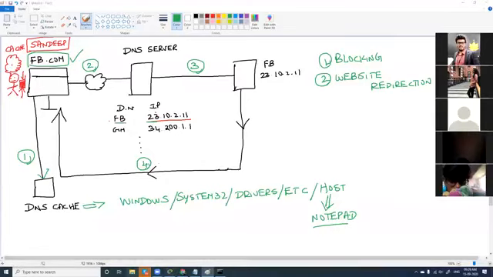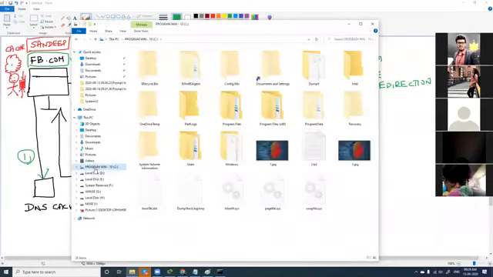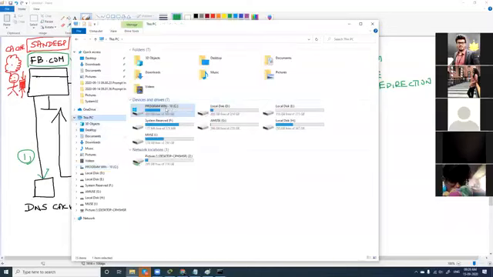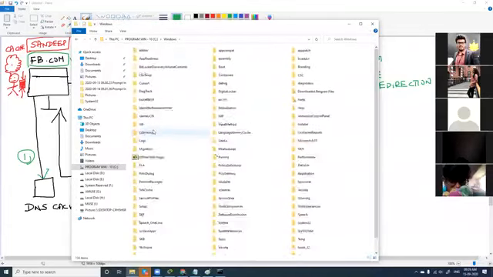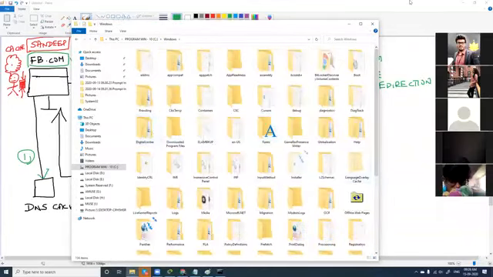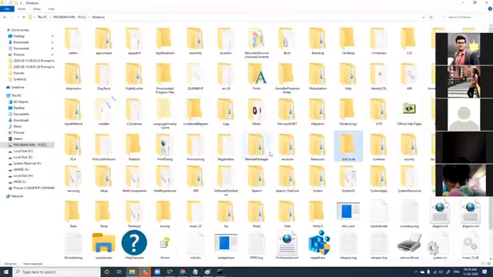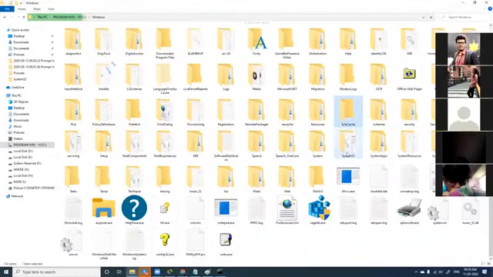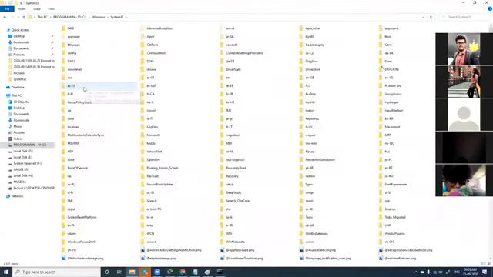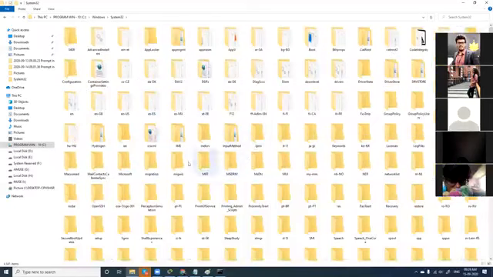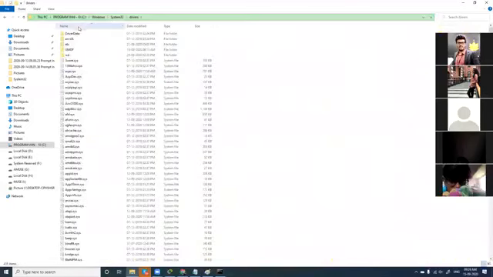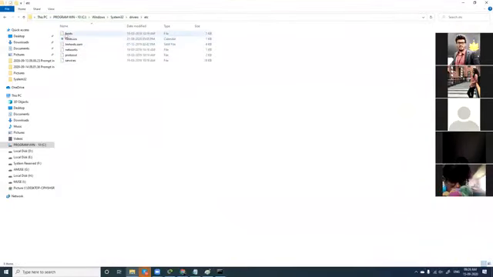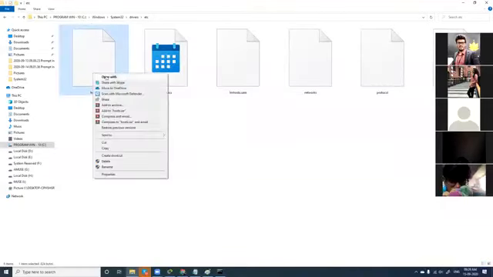So open up your folder here and go to This PC. Okay, C drive. You'll go to Windows. Okay, I hope this is visible now. So it is Windows and System32. System32 here, and then you'll go for drivers, which is here, drivers, and the etc folder, and in etc we have host. We have this file called host, and you can open this file with Notepad.